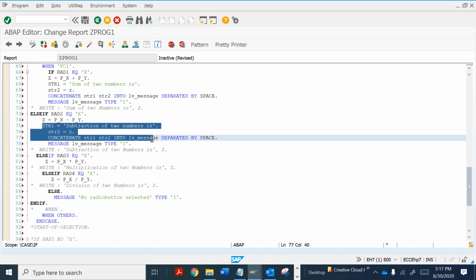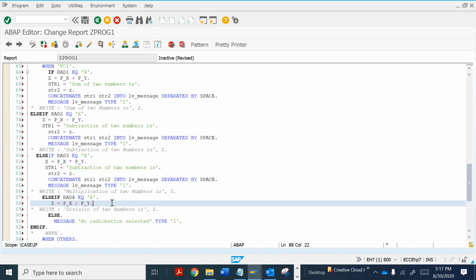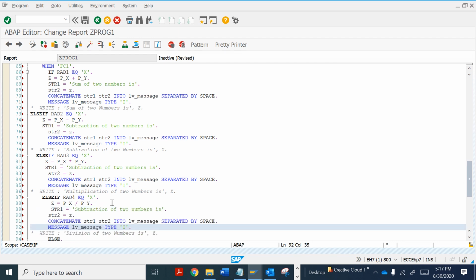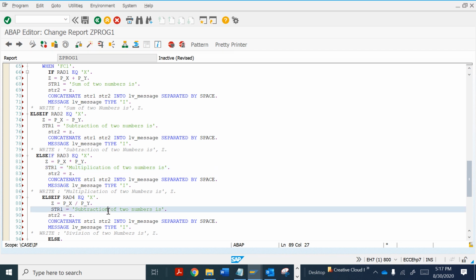I want to copy this, and for this also. Now I want to do the same thing with the other operations. Here multiplication. Here I want to do division.